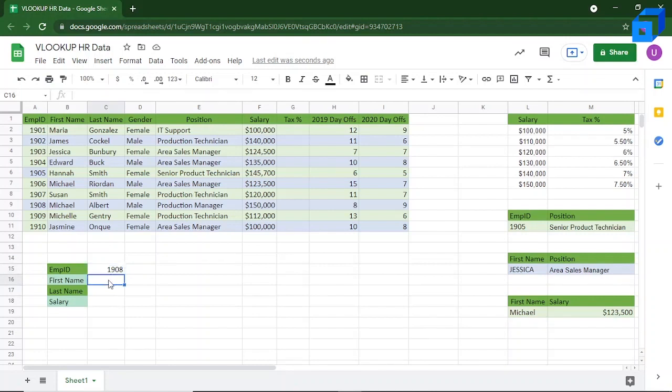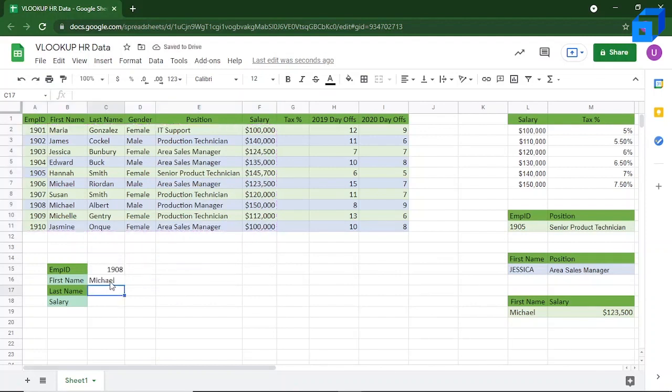So that's VLOOKUP, and the selected value is this C15, and the range is from the starting, since the first column is 1908, till, since we have till salary, let us take it till salary, and then the position of the first name is the second column. As you can see, we already have Michael over here, and that's false now.